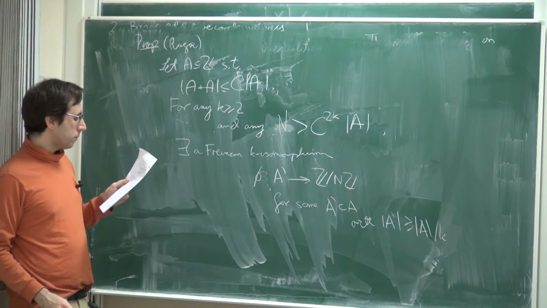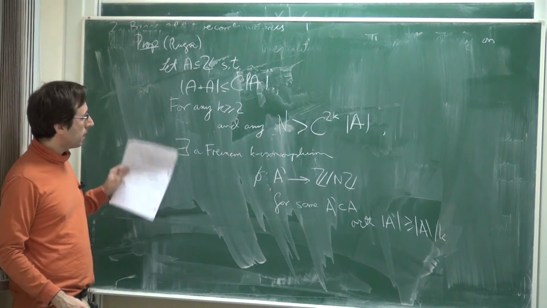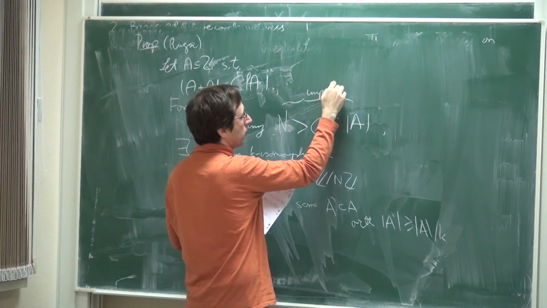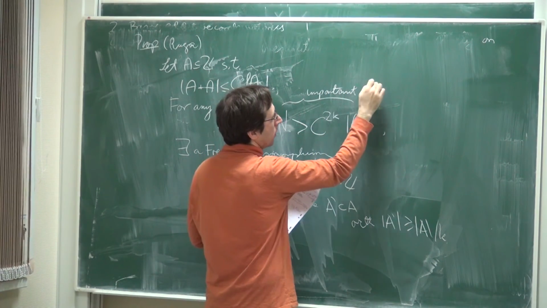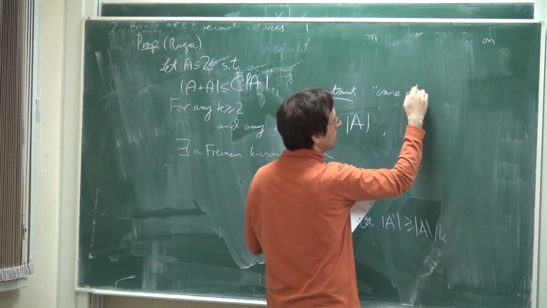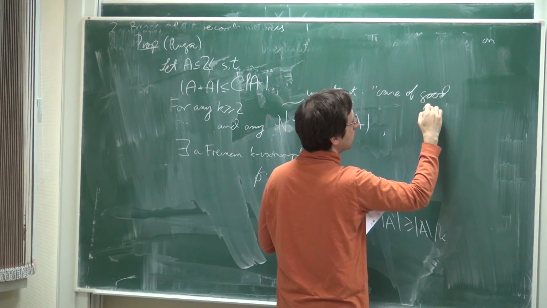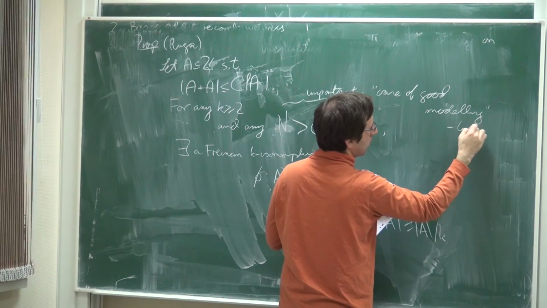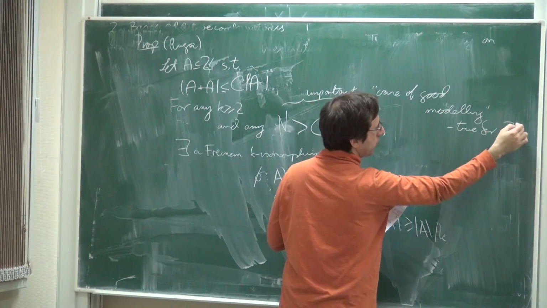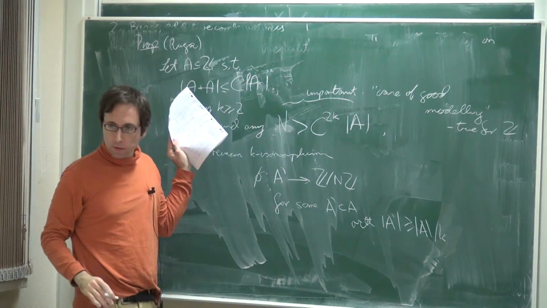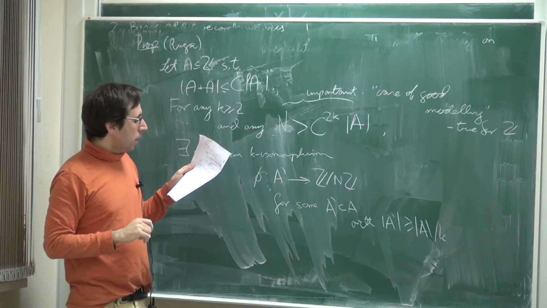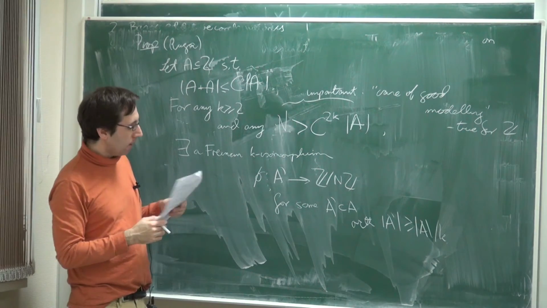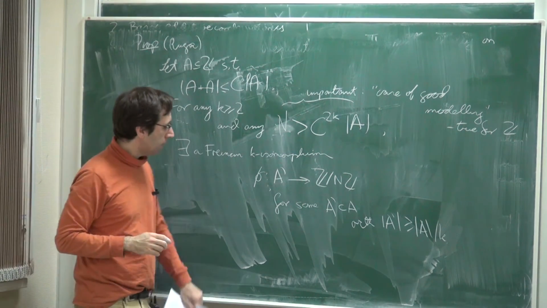Very well. So this is important. It's a so-called case of good modeling. It's a technical term. So as I said, it is true for Z. It's not true for every group. So I actually do mean Z here. Very well. So as we're going to see, it's not too hard, but